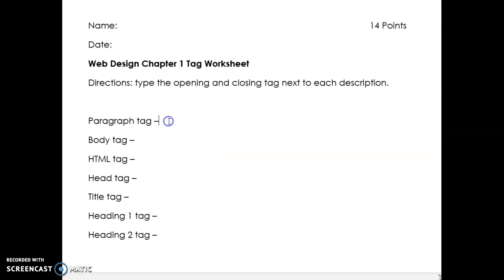So all you need to do, there are 7 different tags that we need to write in the angle brackets, what they are, and each one is worth 2 points, which comes up with your total of 14 points for this assignment. And we'll have to do, for the paragraph tag, we would do our first angle bracket, P for